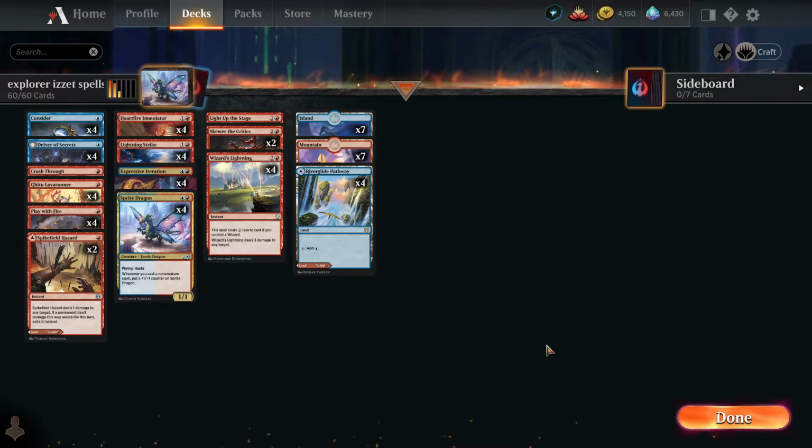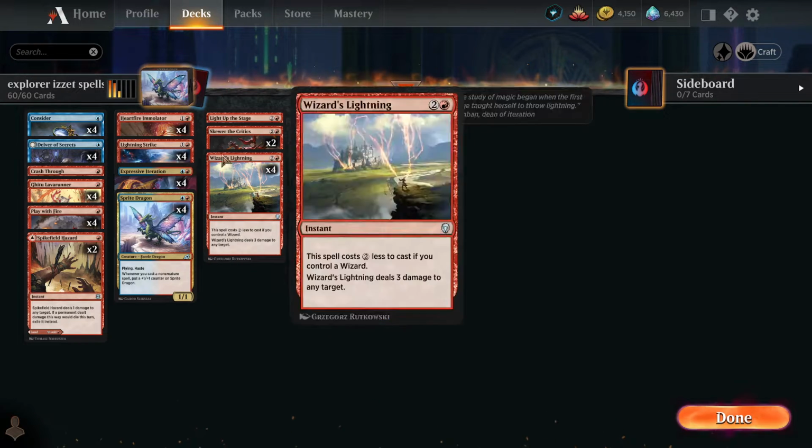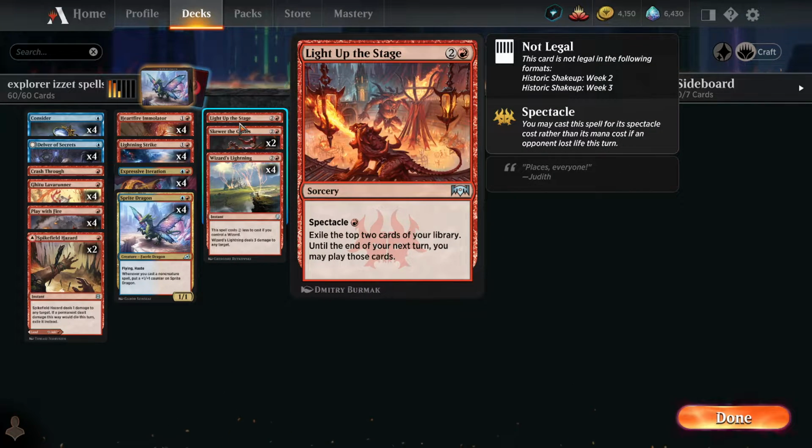And what I'm using here is a super, super cheap low-to-the-floor Izzet Spell burn deck. That sounds weird, but it works very well. And I highly recommend crafting this deck. As you can see, it actually runs very few lands. I have actually shrunk down my land base because of how much you can draw in this deck by using Consider as well as being able to use your Light Up the Stage, which you can run multiple of